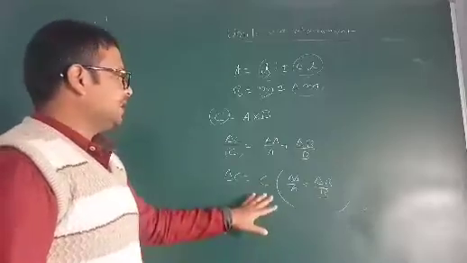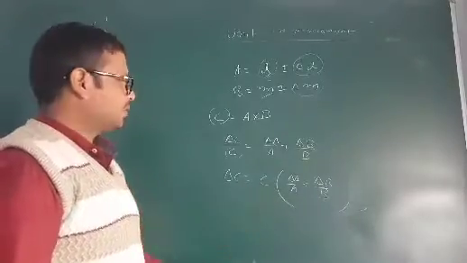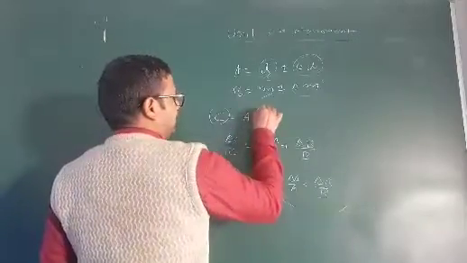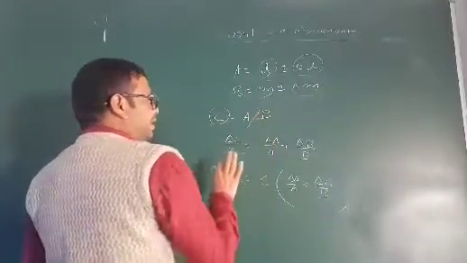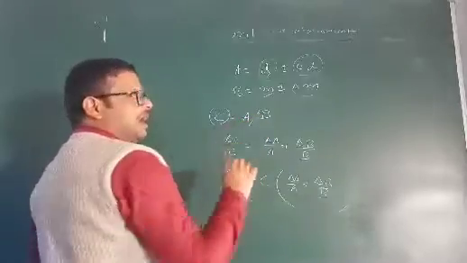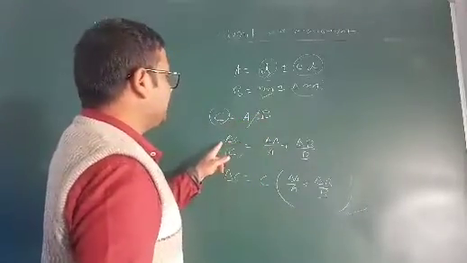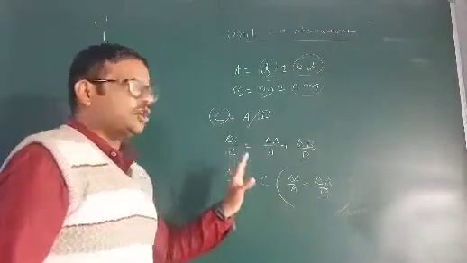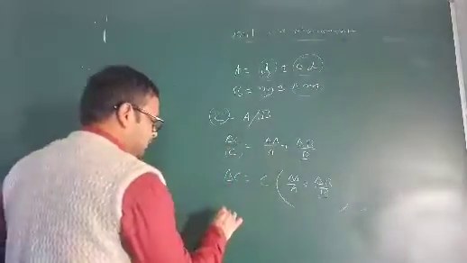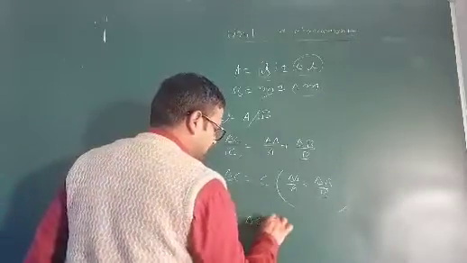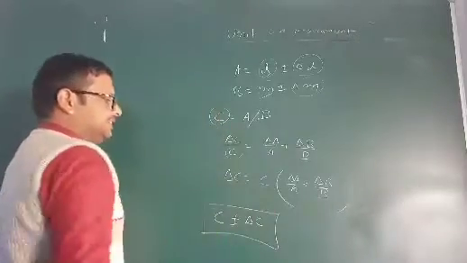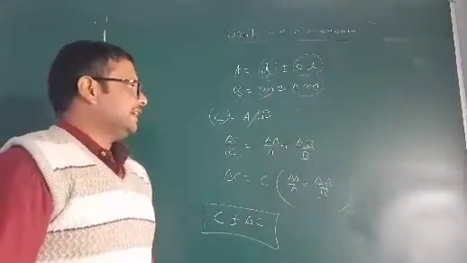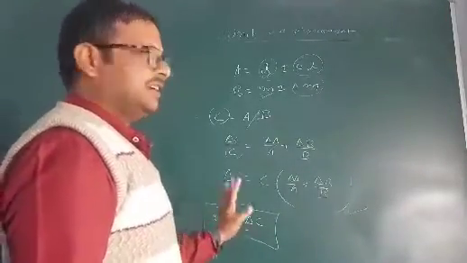Similarly, division has the same formula. In case of division, when you divide A by B, how can you find delta C? Same formula, you will apply the same formula and find delta C. Then how will you write the resultant? The resultant will be C plus minus delta C, in case of multiplication and division.